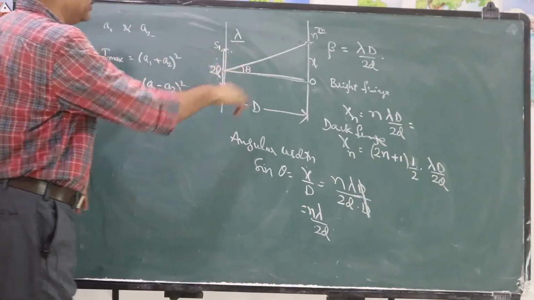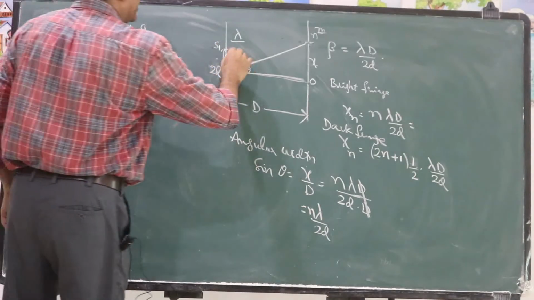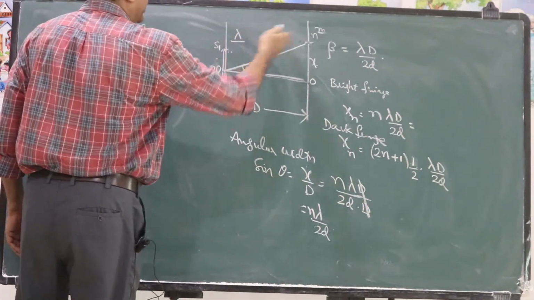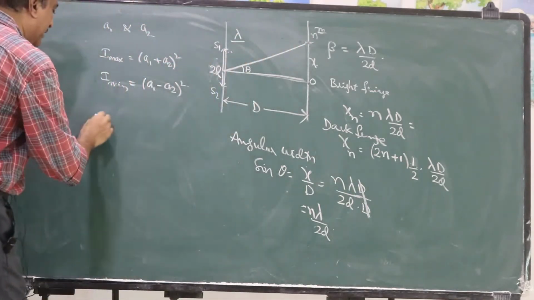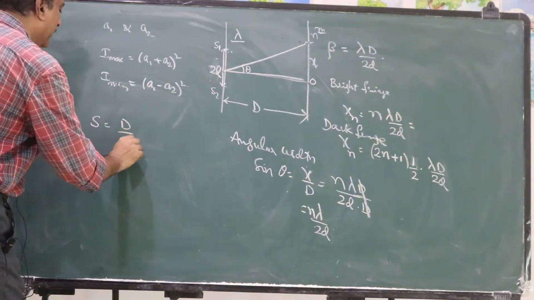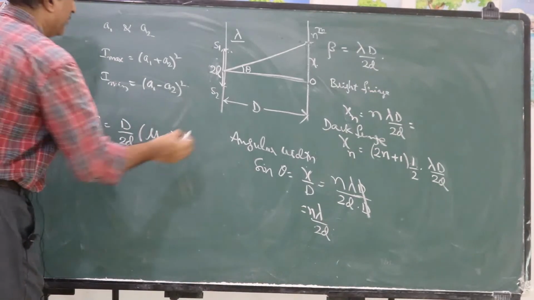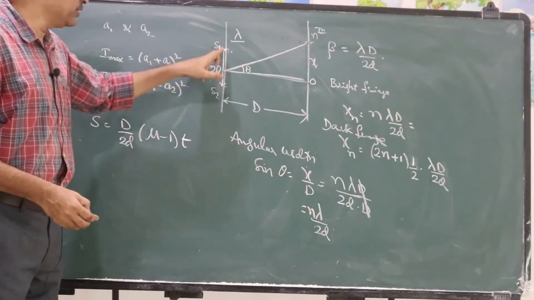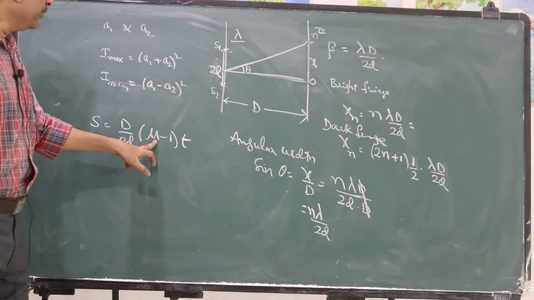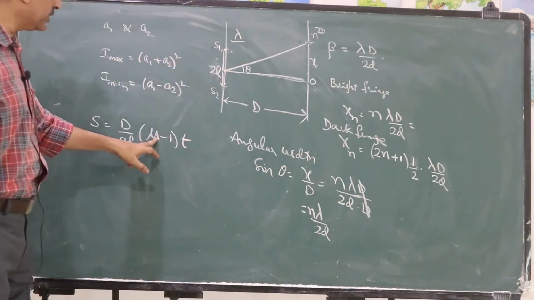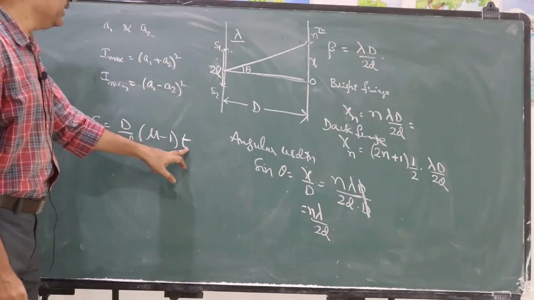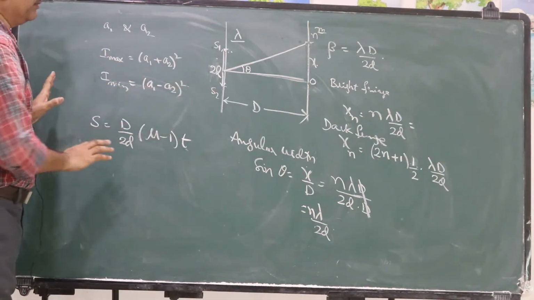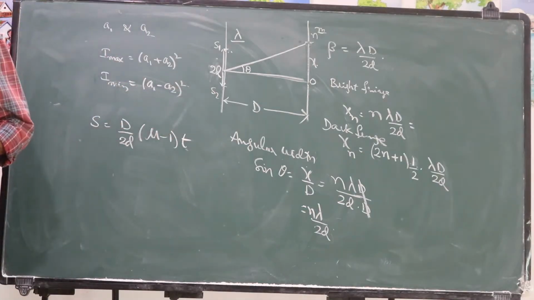Okay, remember this. And if a thin transparent sheet is introduced in between the paths of any one of the interfering beams, then the shift produced is D by 2d into (mu minus 1) into t. Here D is the distance between the slits and the screen, and 2d is the separation between the slits. Mu is the refractive index of this particular transparent sheet introduced, and t is its thickness. Then s is the shift of fringes. Okay, you remember all these formulae while solving the interference problems.